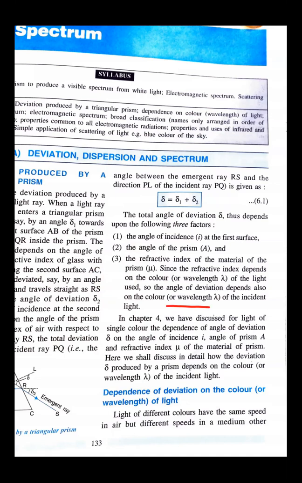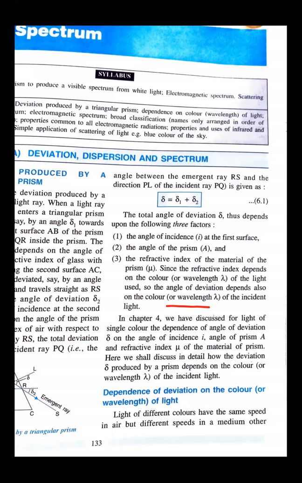So it will depend on wavelength also, because wavelength is nothing but the color of light. Depending on the color of light, depending upon the wavelength of light, the speed of light changes, and accordingly the light will bend away or it will go straight. So violet and red are the two extreme colors. That is why we say ultraviolet light and infrared light. Ultraviolet light is basically that wavelength which is shorter than violet light, and infrared light is that wavelength which